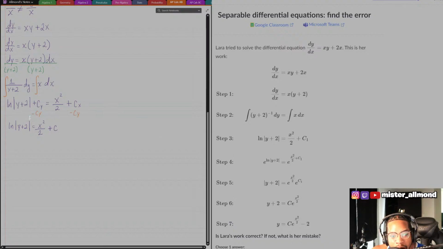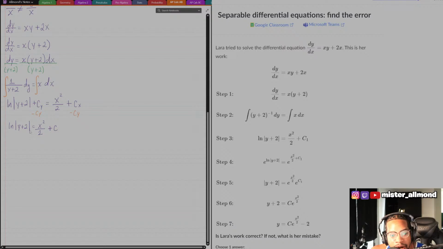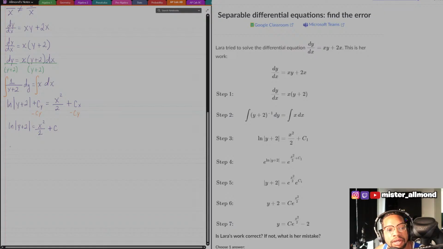Yeah. So from there, let's see. I got a ln of y plus 2. I know Khan Academy seems like they do it one way where they take e to both sides. What I personally do is if I have ln of something that I'm trying to isolate, like this y plus 2, I'll literally just take e to the power of the right side equals the y plus 2 in this case. And that is the same thing as what they're doing. So I don't even know if she made a mistake. Let's see. So this will be literally like this. It'll be y plus 2